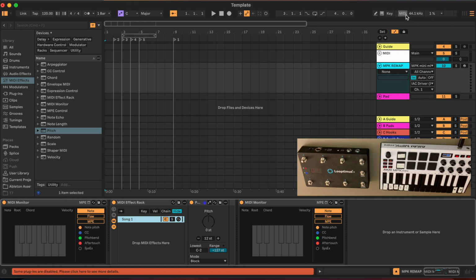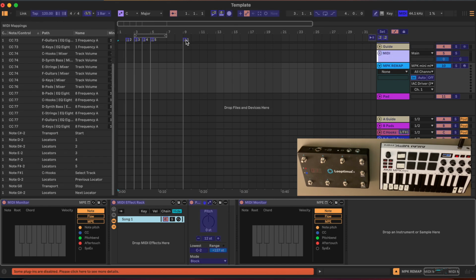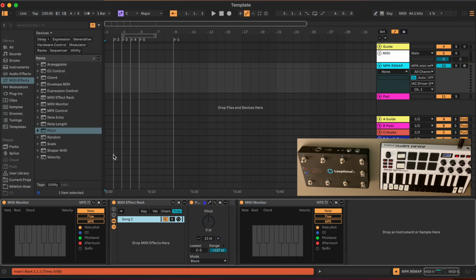Okay. So now, if I hit a button on my Akai, I can see that before my MIDI effect rack it is C1, and after it is C2. Now, because we've already mapped this locator to the loop to miss, I actually need it to be C# -2, or not, I'm sorry, that's start. 1, we need to be D -2. So what I'm going to do is come in and say, I know that when I hit this C, it comes in on C2, and then I'm going to take this pitch effect, and I'm going to take it to,